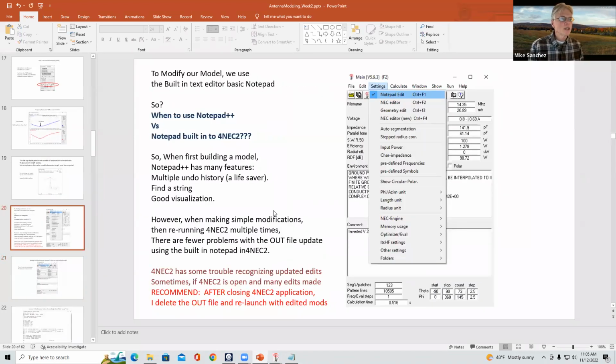Sometimes I've had complex models where I have to edit everything in Notepad++. And at that point, I close Fornet 2, blow away the out file after updating everything, and then restart and keep going,